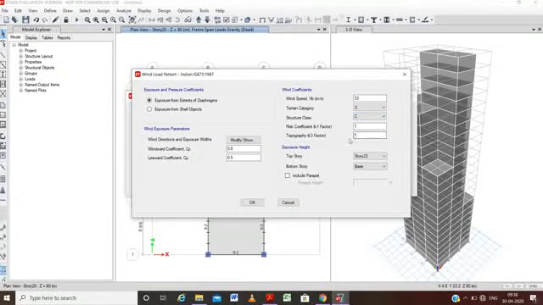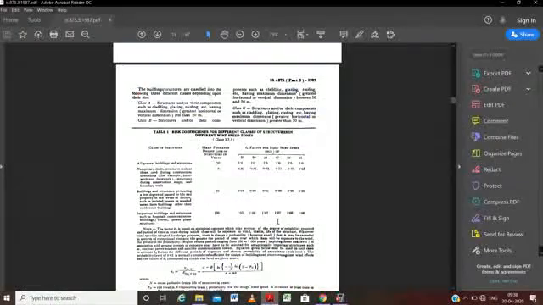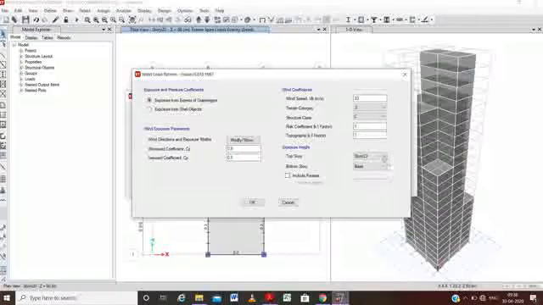Now we will go to risk factor K1. Here is the risk factor coefficient we will use for the mean probable design life of 50 years, and for this the risk factor is always 1. So we will take 1 as the risk coefficient.